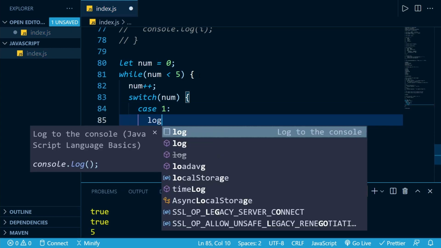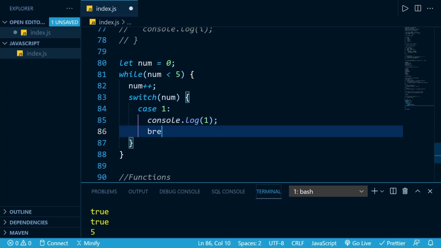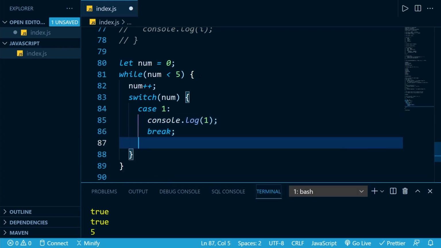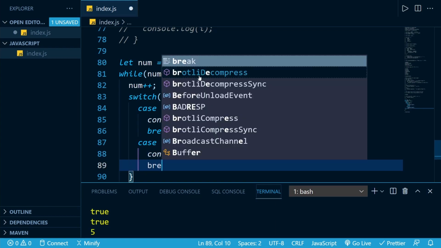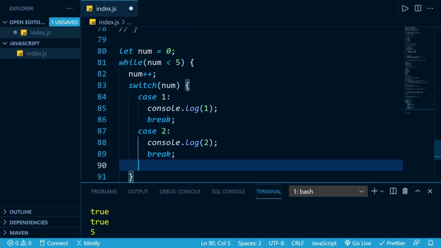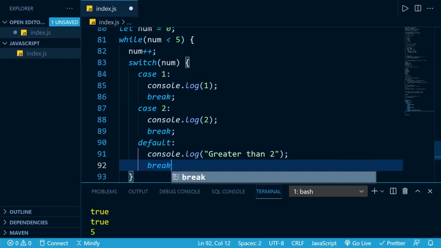If our case is 1, we will just console.log 1, and we will just break it. And if our case is 2, we will just log 2, and we can just say break. And we also have default, so we can just log something like greater than 2, and break.